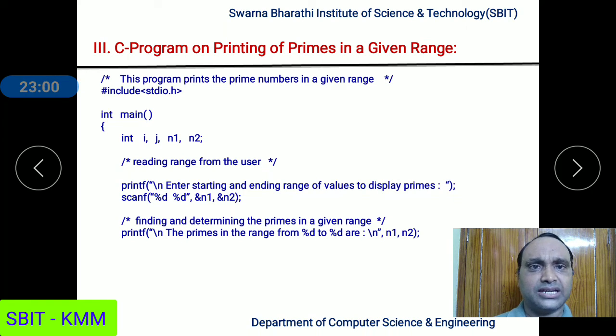User will enter starting value of the range, ending value of the range. So those two integers we are instructing the computer to read and store in n1 and n2. n1 contains the value of the starting of the range. n2 stores the value of ending of the range. Now our job is to determine the prime numbers and to display all the prime numbers in that range n1